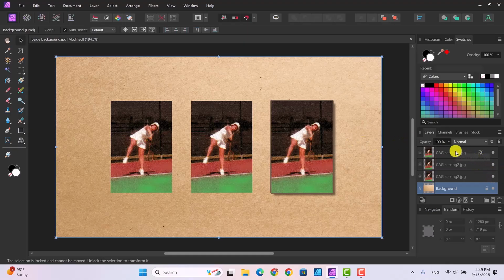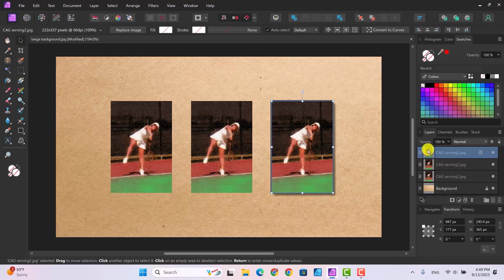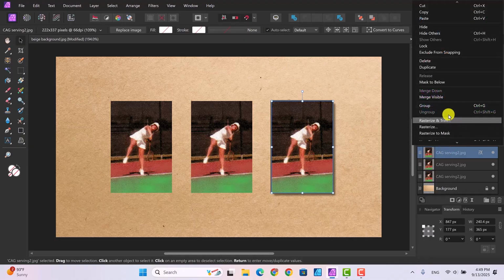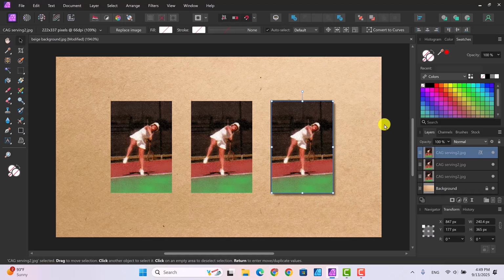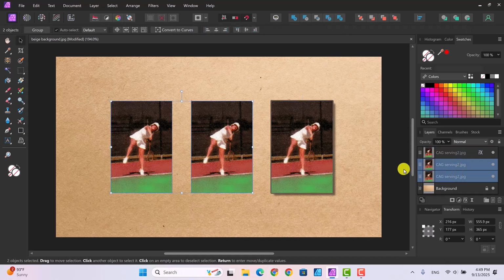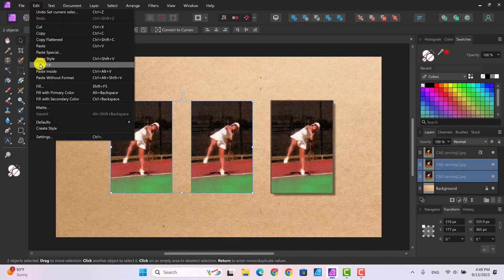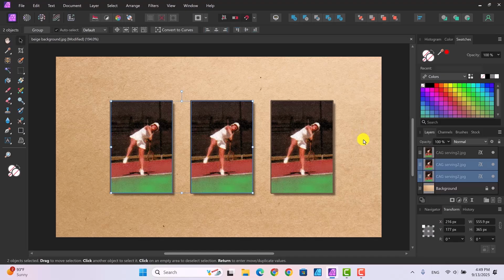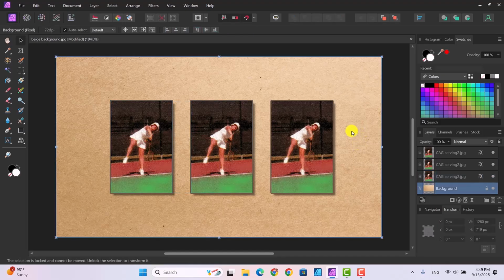And then I want to copy the effects from this to the other 2. So I need to select that and then right click and copy. And then I'm not going to copy the layer, I just want to copy the effects. So I need to select both of these and then go up to Edit and paste effects. And so now we see our effects right there. Okay. So now we can start on our